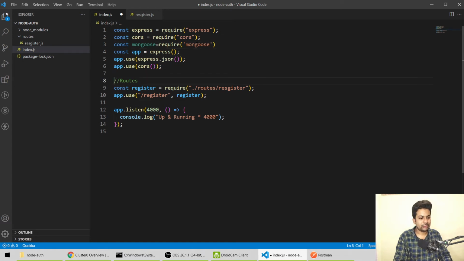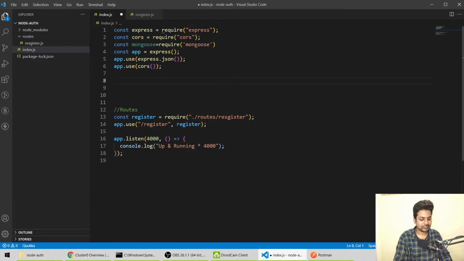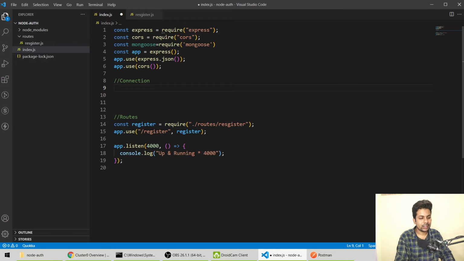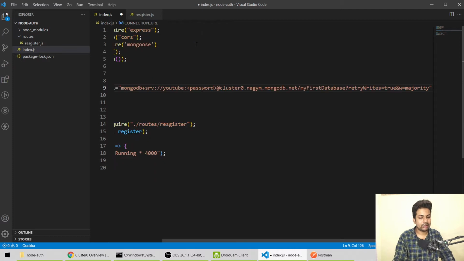So what we'll do, we'll create the connection. You can use .env also, but for the tutorial I'm just directly writing it here. So we'll say const connection_URL, and here we'll paste the connection URL.